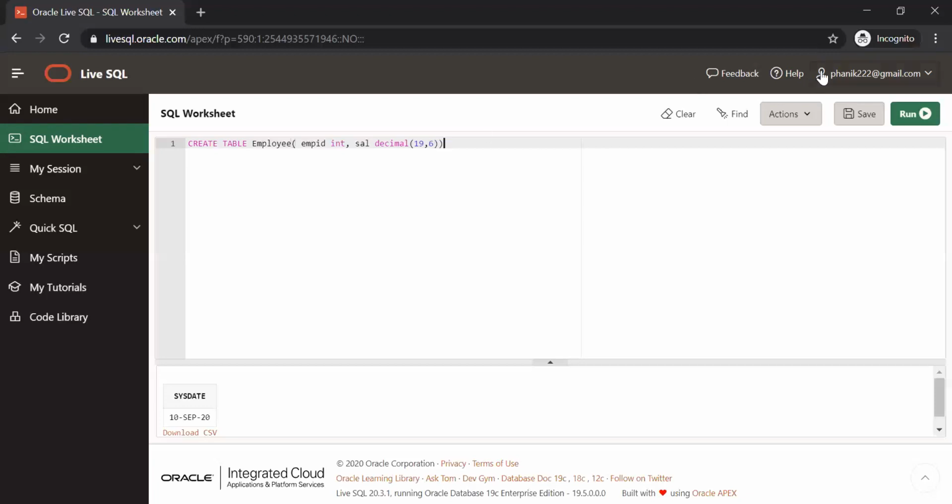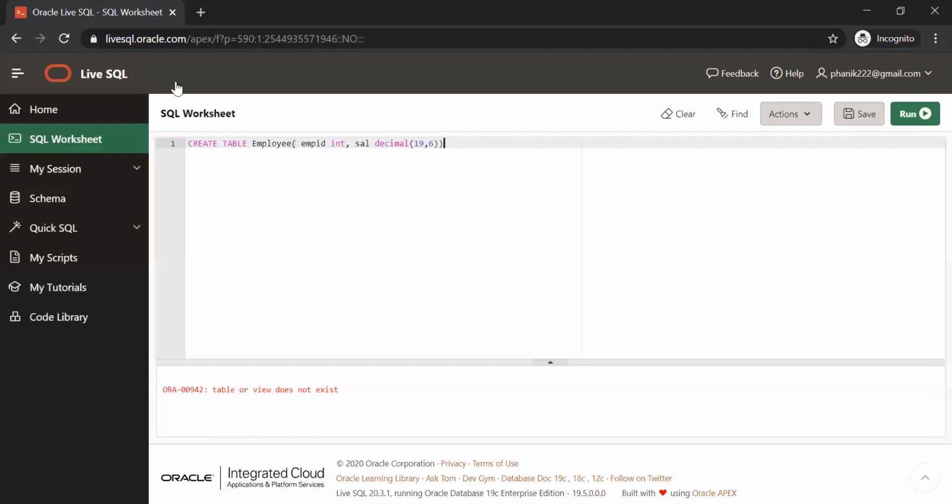So let me try to run this one. The table got created. Let me try to insert into this table. So I have introduced table creation. Dropping a table means drop table, and I can give the name of the table. If you try to access the table now, you will not be able to see anything. It will say object does not exist because it was dropped, auto committed.